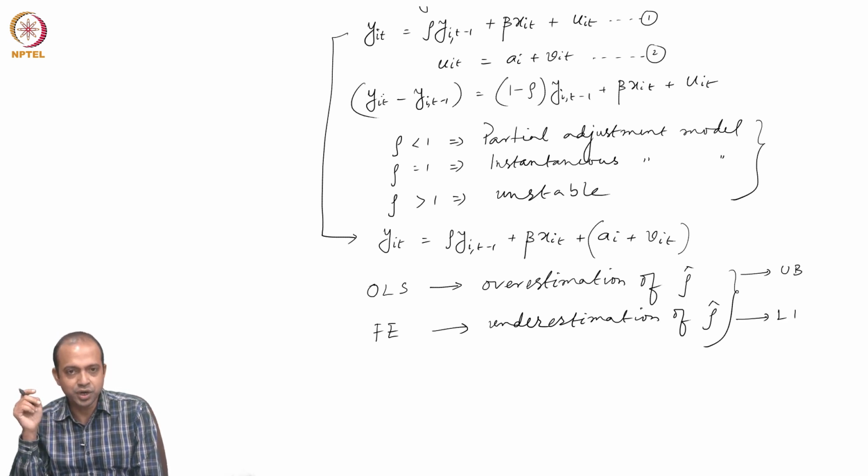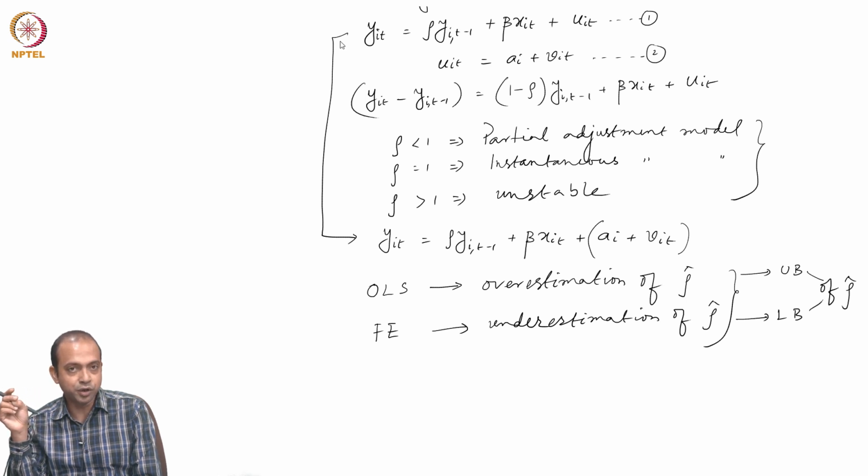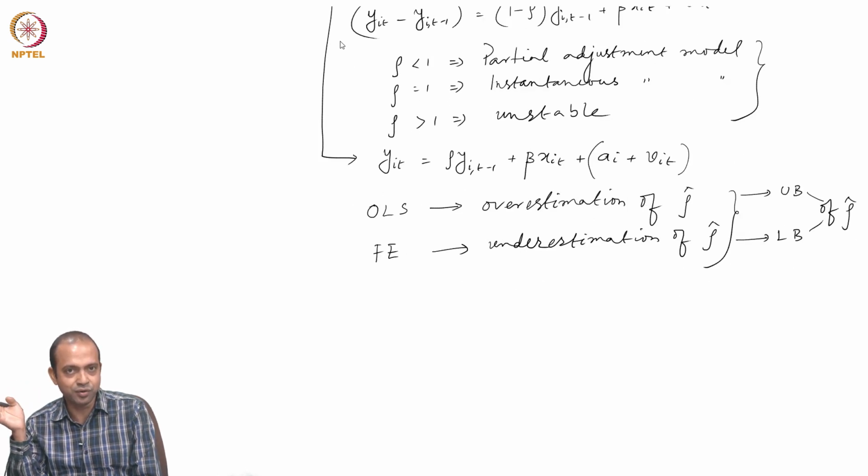this YIT minus 1 and AI, and we have also given an example of why YIT minus 1 and AI are positively correlated. You can take a situation where the firm is experiencing a negative employment shock, then in the next period both AI, the unobserved effect, and YIT minus 1 would be lower than what was happening earlier. So in all the consecutive periods, your YIT, AI and YIT minus 1 would be lower, and as a result they will have a positive correlation that we have already discussed.